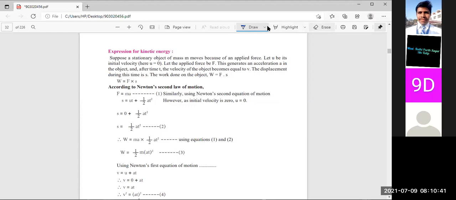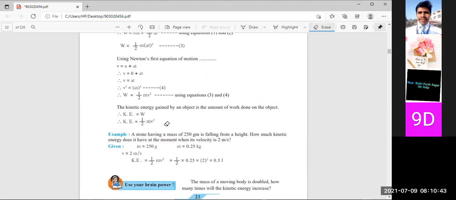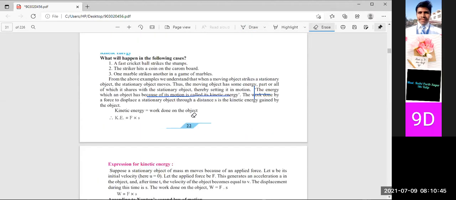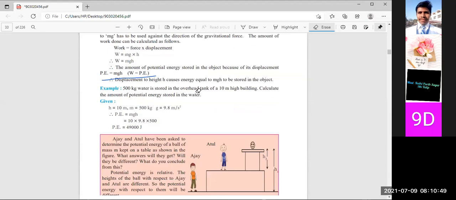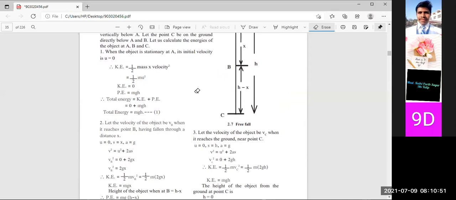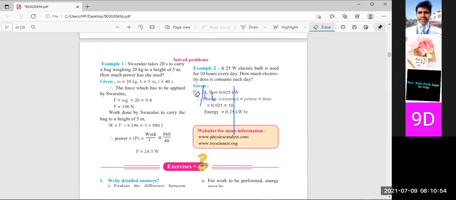Write some examples on your own. There is no restriction. You can write whatever I told you in your own way. Now, the second question we have to see. What is the second question?